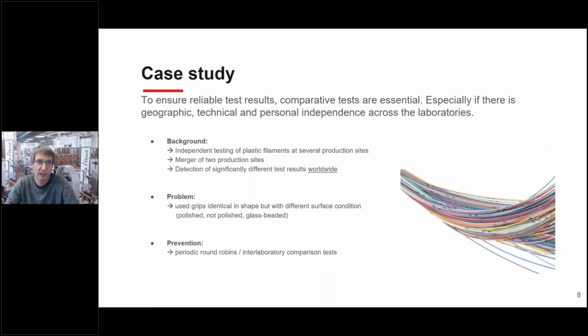And now, just a simple case study of a simple case. It happened in the real world, at a customer. The background: it's a customer producing plastic filaments at several production sites. At a given time, one of the production sites was shut down, and the testing machine at